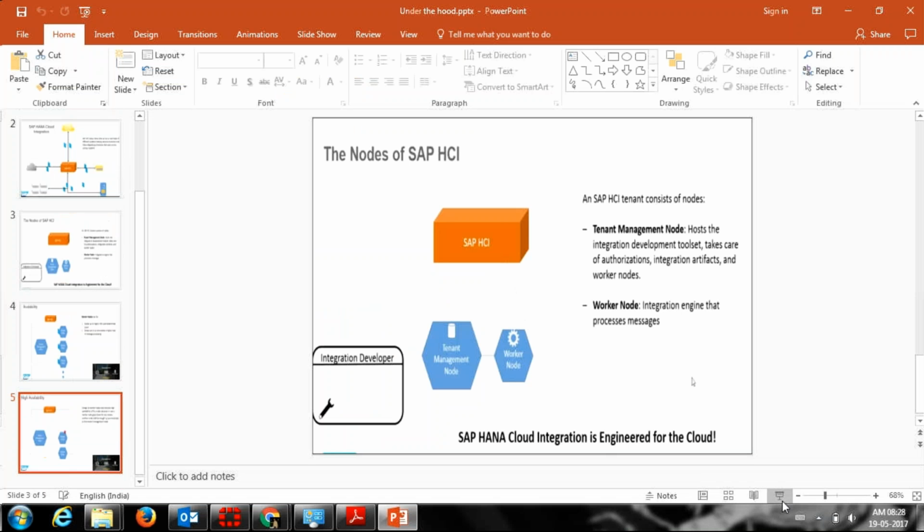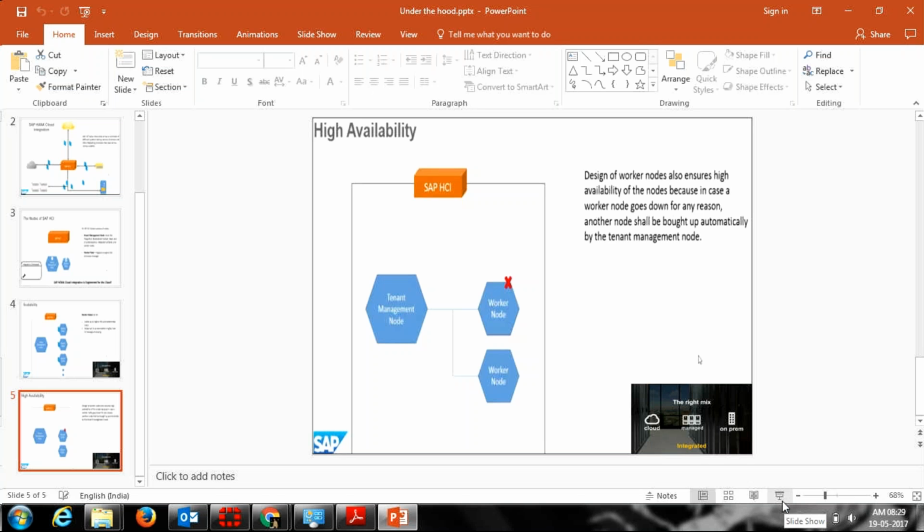So this is happening in the background of your HCI. This is not directly visible to us, we cannot view what is happening in the background, but this is the architecture of your HCI. So if anybody asks you how we achieve high scalability, or why your client should go with the HCI,